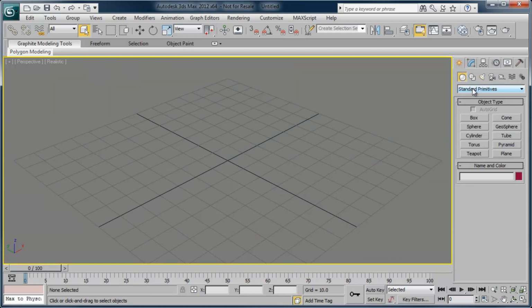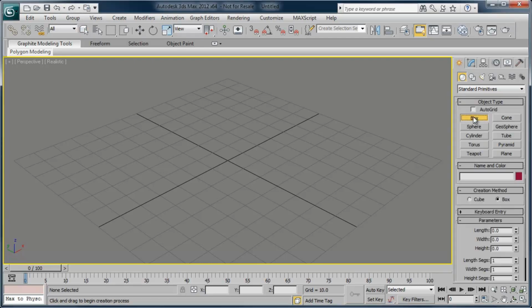Making sure that we're on Geometry, Standard Primitives, and we have our objects here, such as boxes and cylinders. Now to begin with, over here where we have our list of primitives, if we start by left-clicking on the one that we want to create,